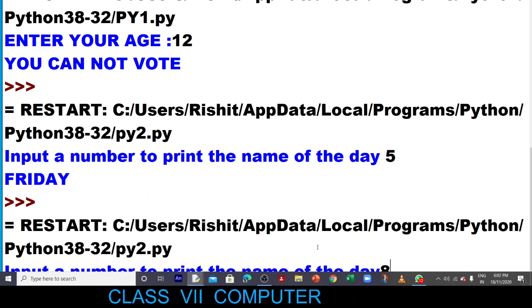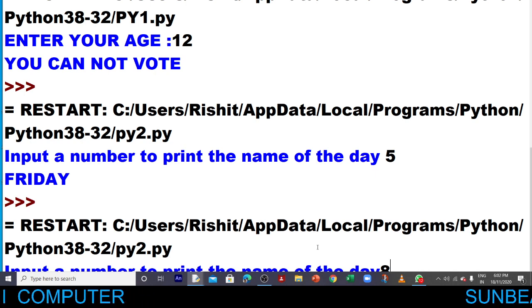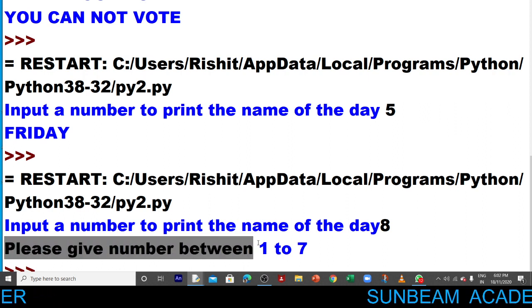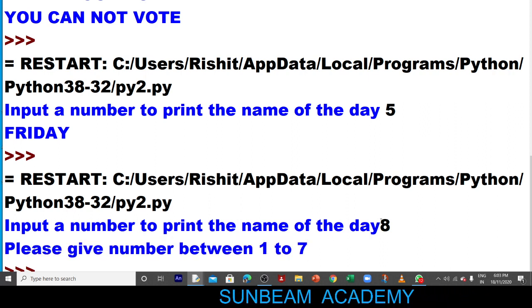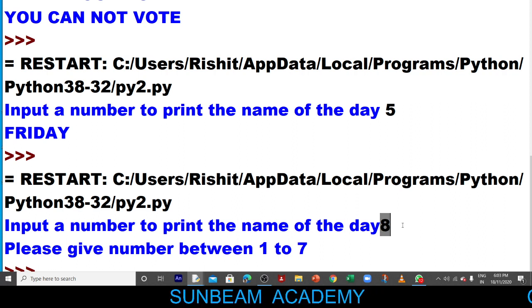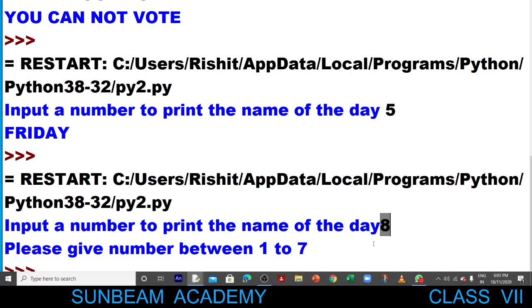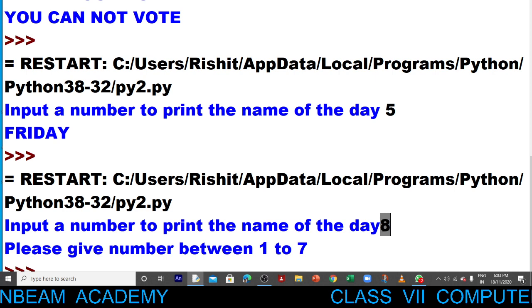ठीक है. So Monday, Tuesday, Wednesday till Sunday it will not match, so it will print the else message. जब कोई भी कंडीशन मैच नहीं हो रही है, see this message has appeared. Please give number between 1 to 7. It means what? None of the condition is matching because I have given 8 na, till 1 to 7 I have put it there. So 8 means मेरा वो reach के बाहर हो गया, condition is not there. So else statement will run. Else statement will run, children.